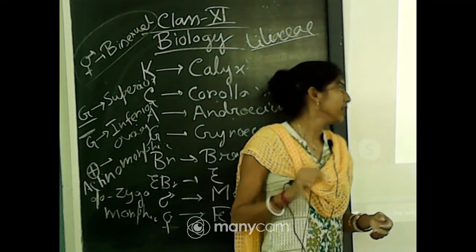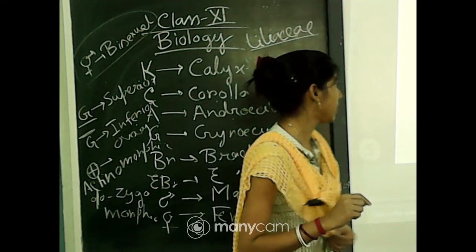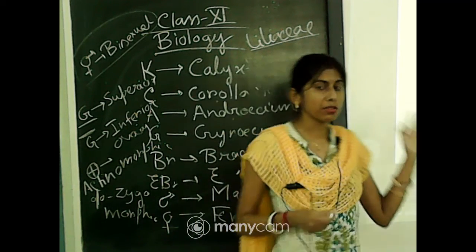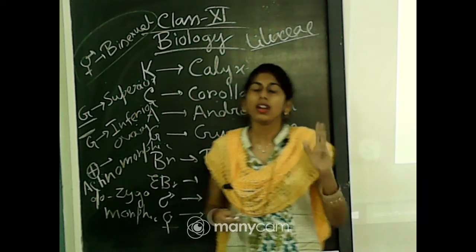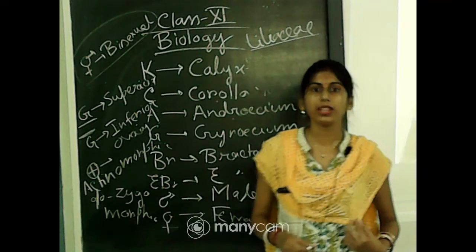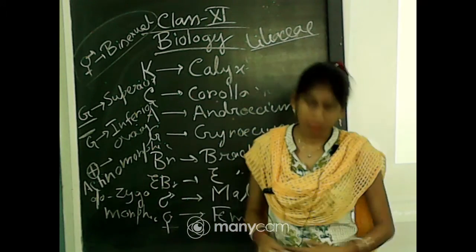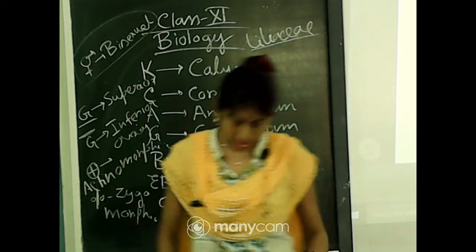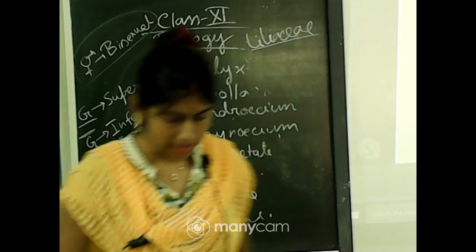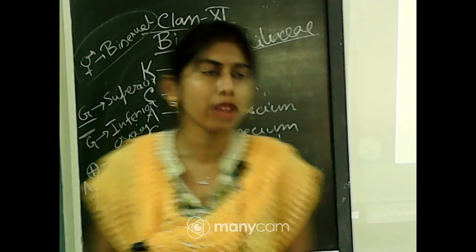That is the main difference between the dicot and monocot. We know that the previous one was a dicot plant, that is why they showed reticulate type of venation, but under the Liliaceae family usually monocots come, that is why they show mainly parallel type of venation. Next part is their floral formula.